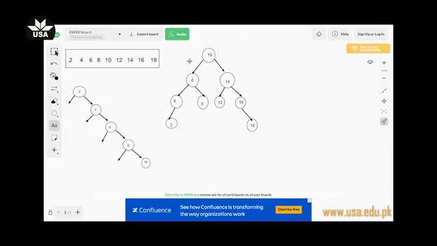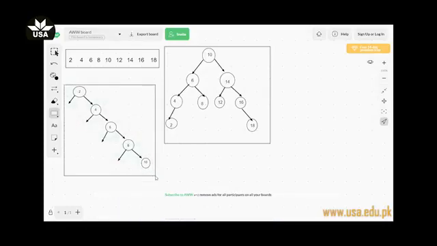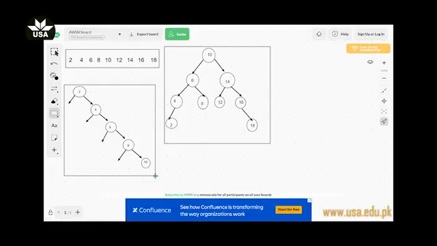As you can observe, in this case the binary search tree holds half values on the left side and half values on the right side. So in this case the search time or the access time or the time complexity of searching an element in this tree will be log n, which is quite preferable as compared to n, which will be adopted in this case. In this case, if you search a value in the tree, you will end up in a linear access time, which will adopt towards the big O of n.